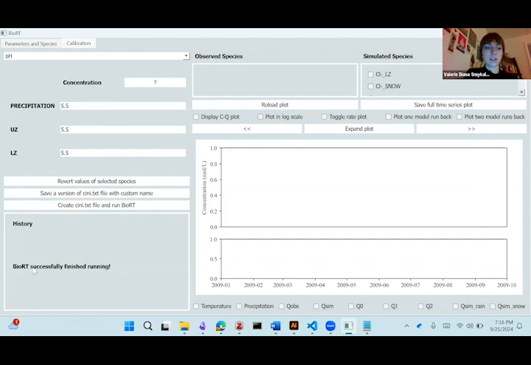So you'll get this message that BioRT successfully finished running. Great, so nothing went wrong. So now the next step is actually visualizing the output of BioRT. So one thing you might have noticed is that this entire right-hand side of the GUI on the second tab